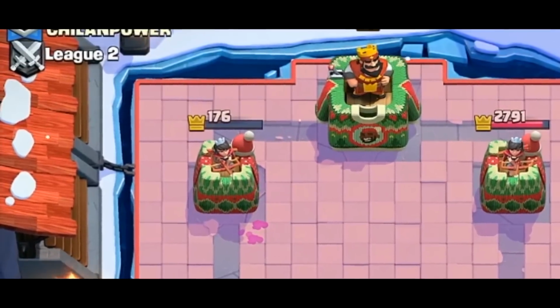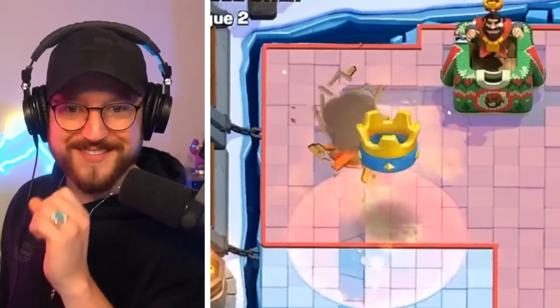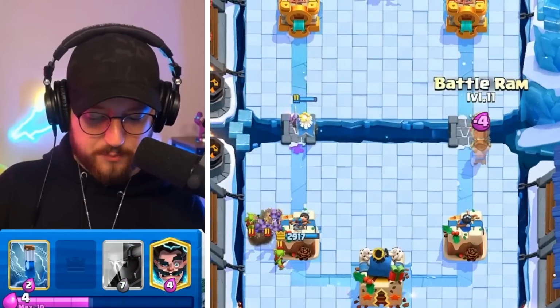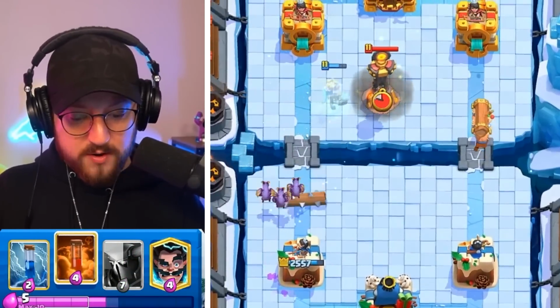176 HP remaining. Poison spell. One more. And let's go. We got minions here. Destroys the Goblin Drill plus all the goblins. Yes, sir. We got Battle Ram right lane for counter pressure. We got a Ghost sneaking in its way. He wasted a lock spell. He's got no more nothing for...